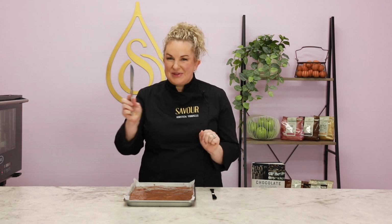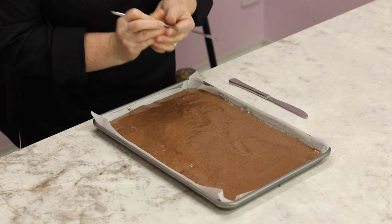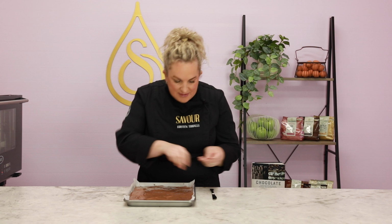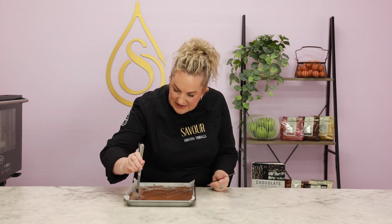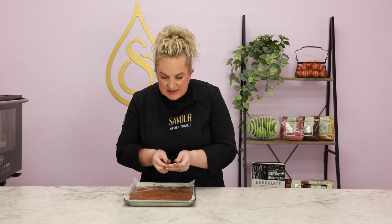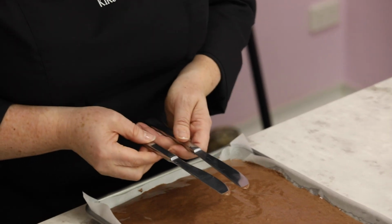How do you know if your sponge is evenly spread out? You can do a simple test with just a knife and you can stick it in to the sponge and see where it comes to. Use multiple knives just to test in certain areas to see that they're the same. So test multiple positions on the sponge, do a comparison, and I think I'm pretty good and ready to go